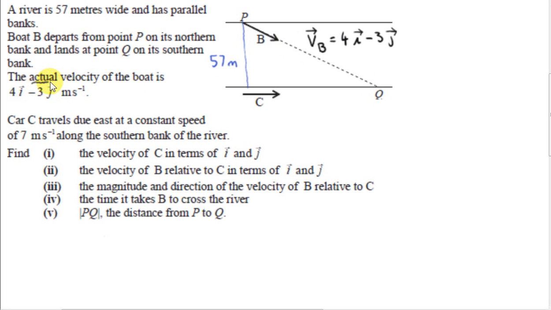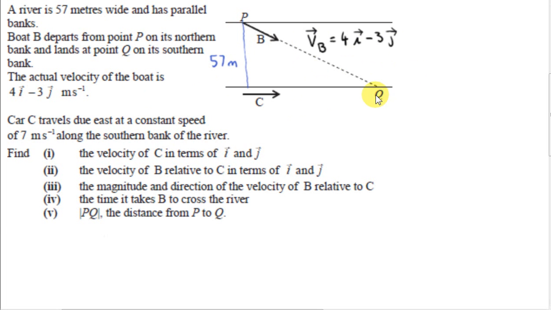Now, by actual velocity, we mean the velocity of the boat as seen by a fixed observer on the bank, not by someone in another boat moving with the river. A person moving with the river would see the boat's velocity as something different. But to a fixed observer on the bank, the boat appears to move at a velocity of 4I minus 3J meters per second. Car C travels due east at a constant speed of 7 meters per second along the southern